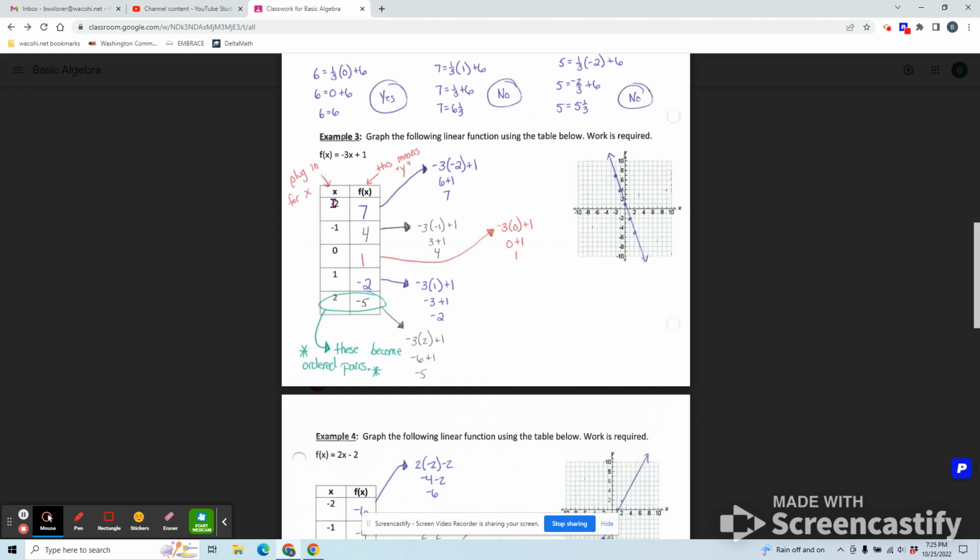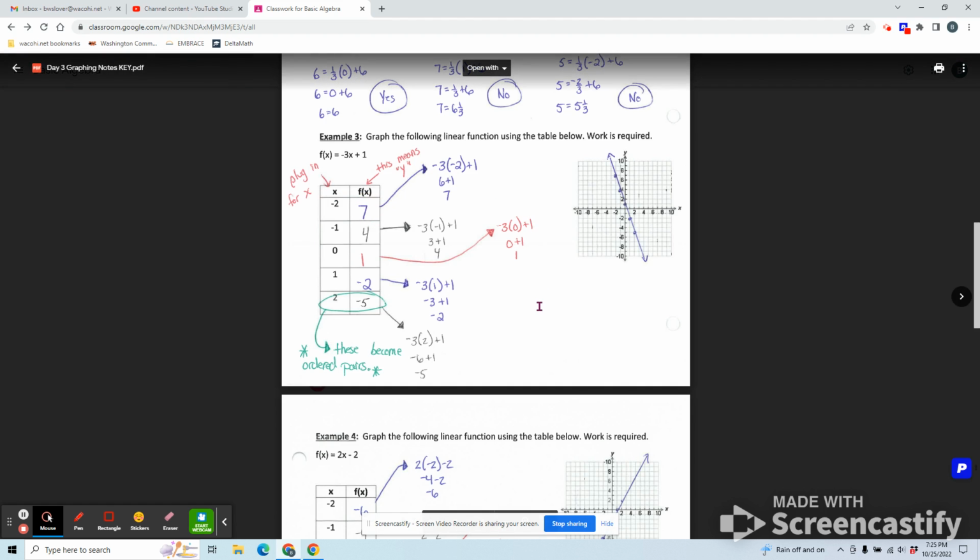And then here you're just substituting in. It's just a table. Here's my x. Substitute it in. You get your y value. So if you have any questions, make sure you read